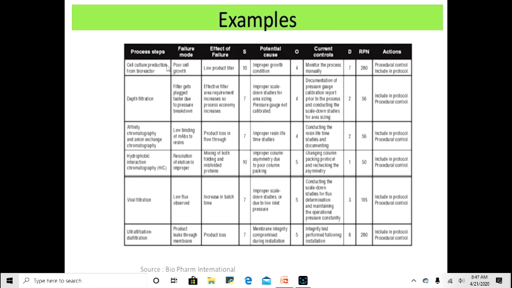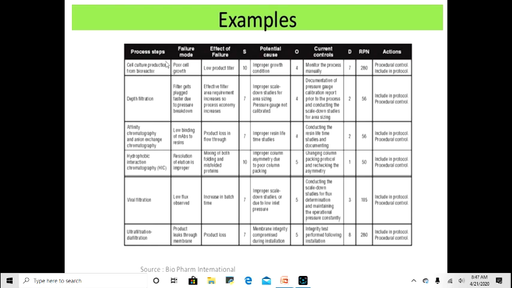Cell culture production from bioreactor, what is the depth of filtration, or if you are using a column for affinity, what is the failure mode, what is the effect of failure, what is the severity number, potential causes. So for our biotechnological example also, you have to list out all this thoroughly: what are the causes of this failure mode and how frequently it is occurring. What are the controls you can do, like for the bioreactor? One row I'll just explain. You can just go through the other things in detail.